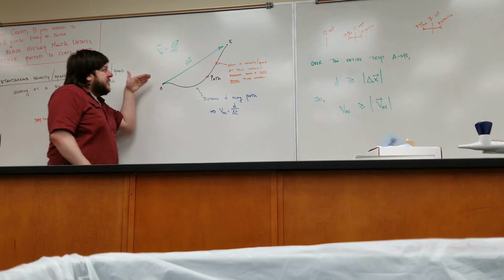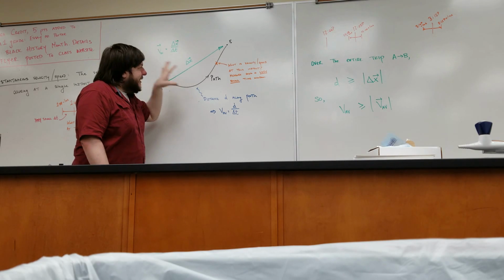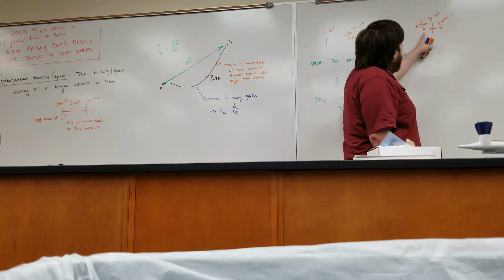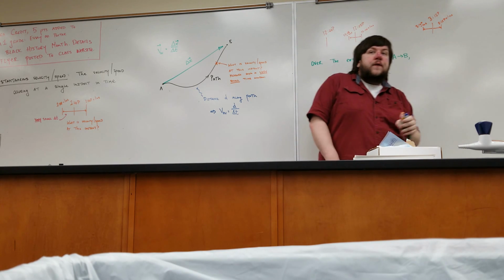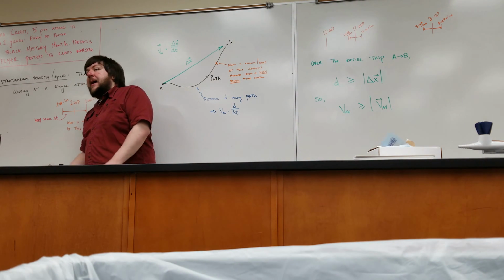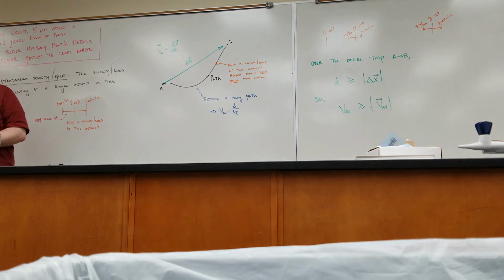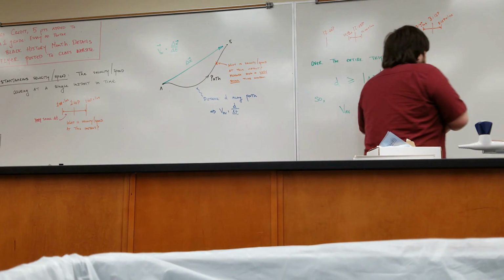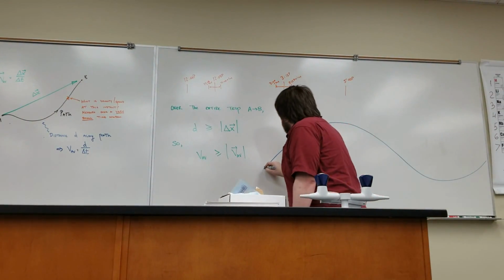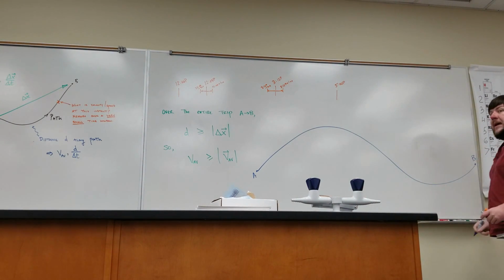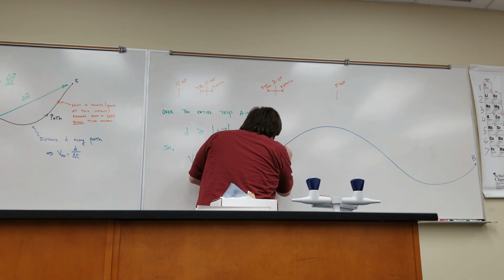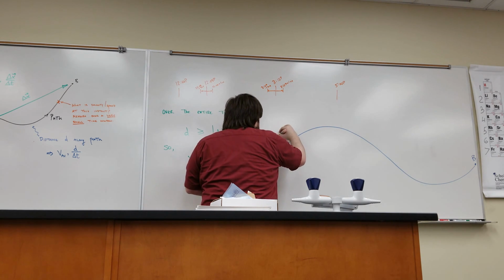Remember that the displacement is always this vector from A to B because the displacement has nothing to do with the path taken. The distance does have to do with the path taken. All right? But now imagine that we're trying to measure the distance and the displacement over a very, very tiny time. We're only allowing this really small amount of time to pass. So think about the path that your car would have to travel over an incredibly short amount of time. If in general, this was the path taken over some large amount of time, this is A, this is B. If we zoom in really close to a particular segment of the path, and we only allow a very small amount of time,